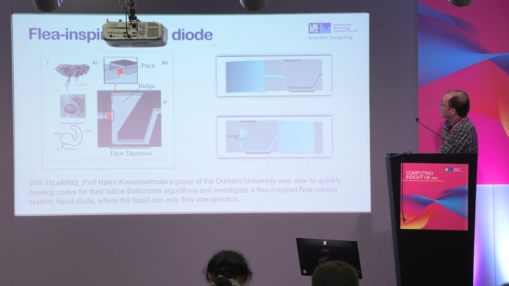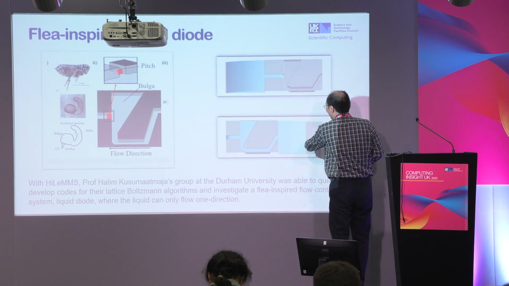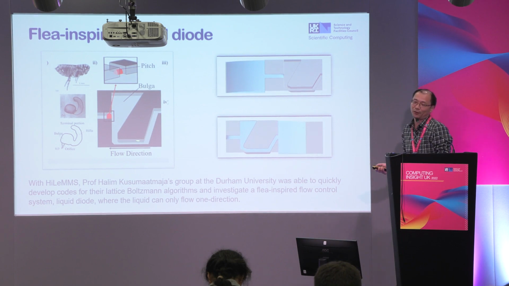The fourth case is very interesting, the so-called Fourier-impaired liquid diode. By liquid diode, that means it is similar to the electronic one, so the flow can go from this side to this side, but it cannot flow in the reverse direction. This is quite useful for microfluidics design, with many applications like in biomedical and flow measuring.